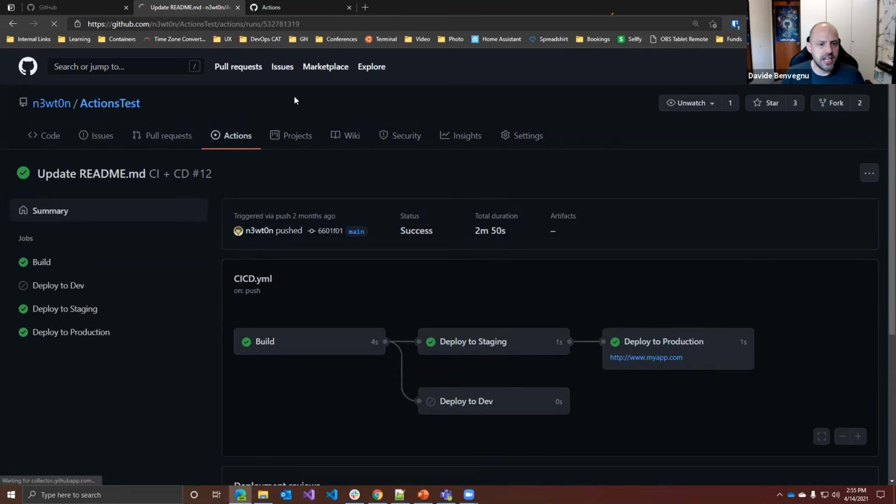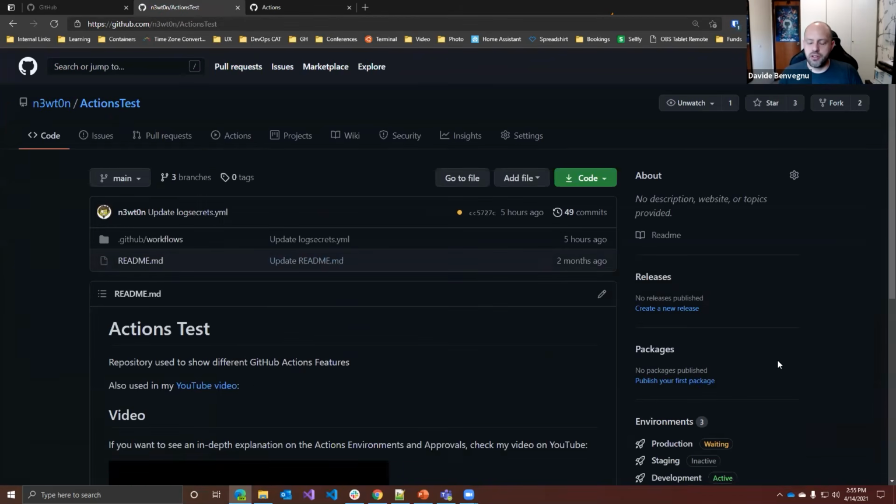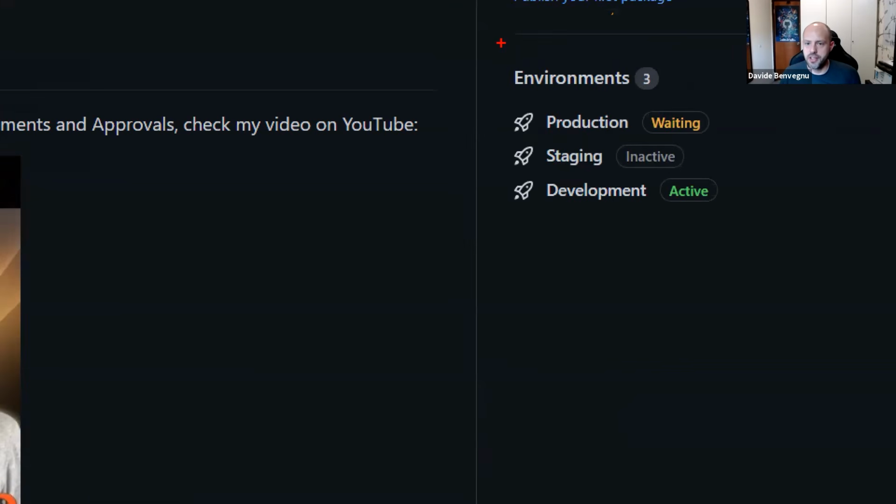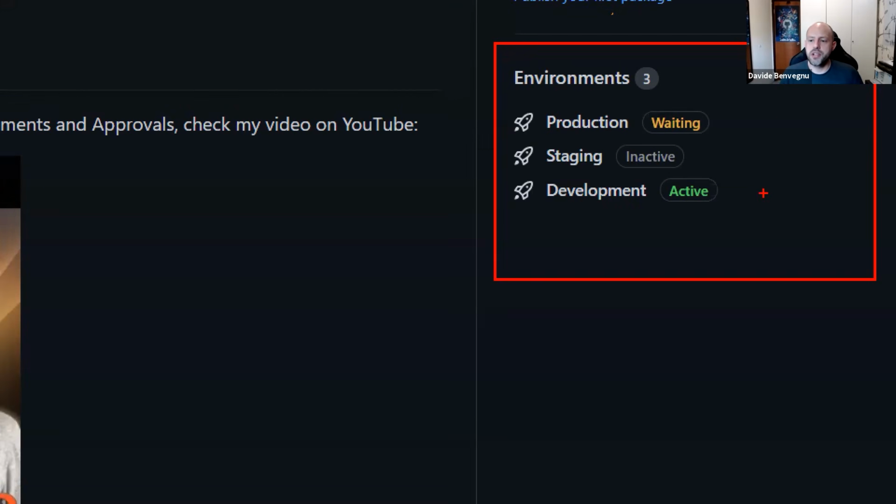The advantages of using that, apart from the secrets and the rules, sorry, I clicked on the wrong thing, is first of all, on the homepage of your repo, whenever you use environments, you have this new box over here, which lists all your environments in the deployment order, meaning that the highest one is the latest you have deployed or you are about to deploy to. In my case, it's production. And you have the state, meaning that the deployment in that environment may be active, inactive, or waiting. Waiting meaning waiting for approval,